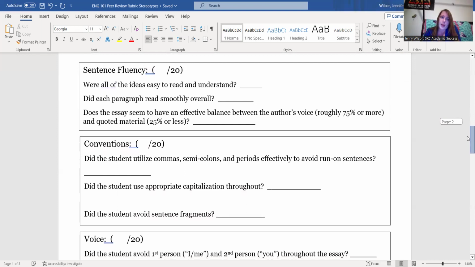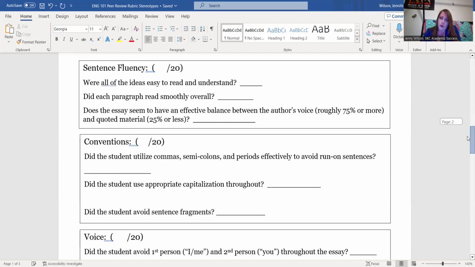Sentence fluency, I think, is the hardest. You've probably heard me say this on a different video. One of the hardest categories to get to, but I encourage you to read any paper out loud before you submit it. I encourage you to have someone else, if it's a roommate, brother, sister, boyfriend, girlfriend, whoever, ask, hey, could you read this paragraph out loud to me really quick? And you listen to how it sounds in someone else's head. It may not be the way you intended for it to sound. So, reading it out loud yourself, and also having someone else read it out loud to you, is going to help you listen to how it sounds and smooth out trouble sentences, if that makes sense.